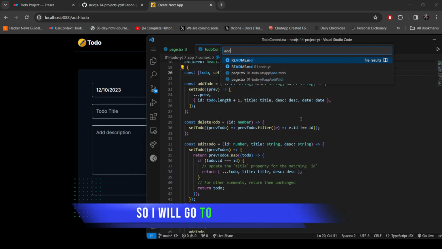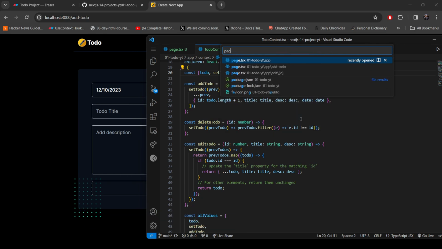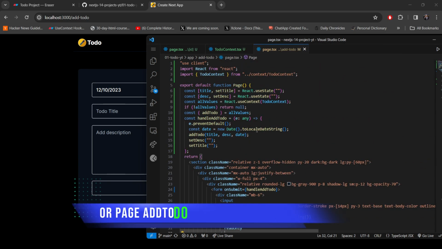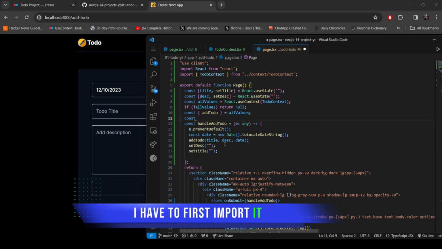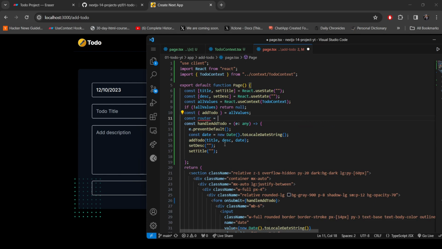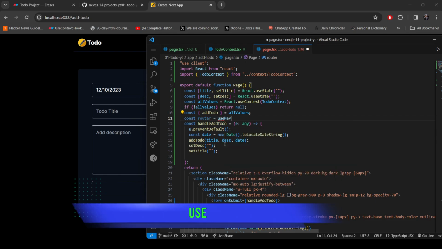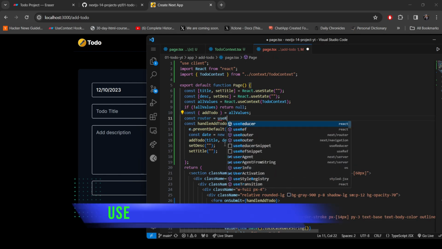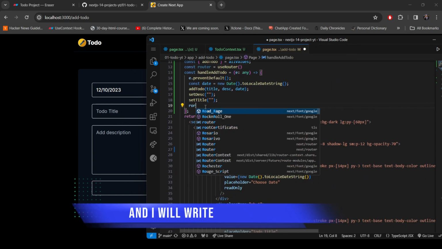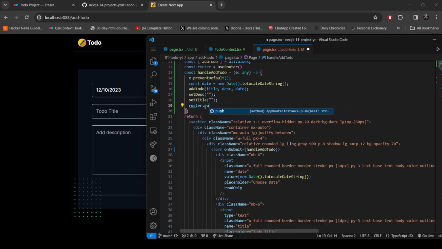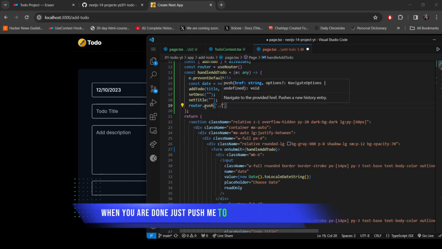So I will go to add to do page and write here, I have to first import it. const router equal to useRouter from next/navigation, and I will write here, hey, when you are done, just push me to the home page,